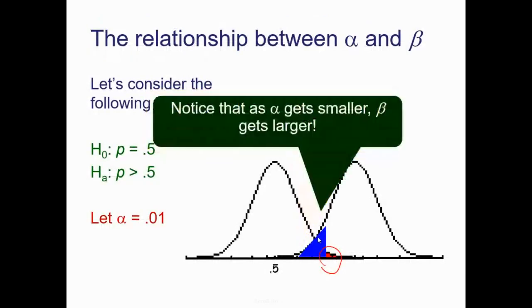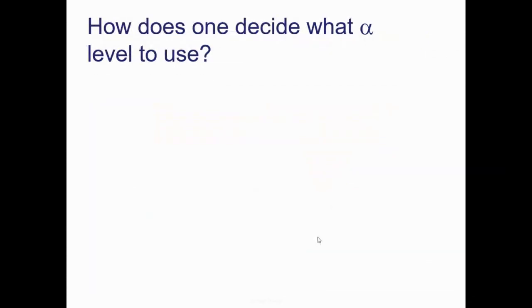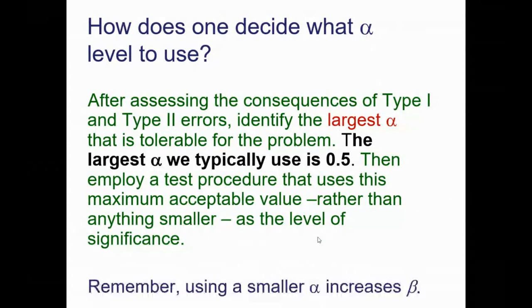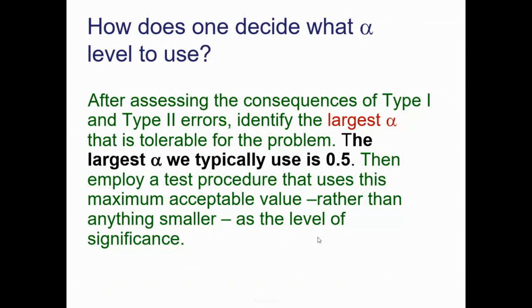So with that being said, we're kind of stuck here. Which error do I go after? How can I decide what alpha I need to use? Well, after assessing the consequences of the type 1 and type 2 errors, we want to identify the largest alpha that's